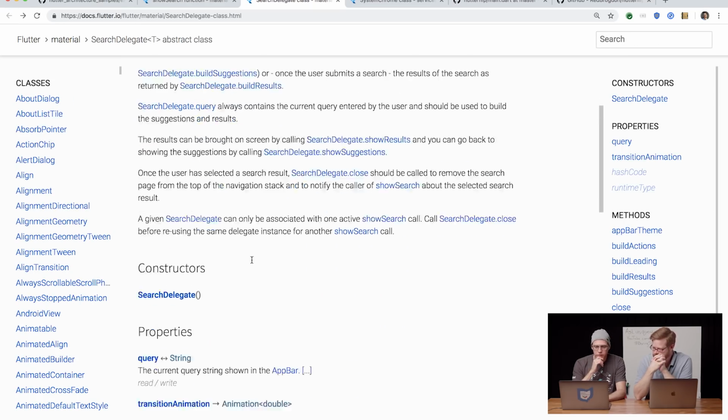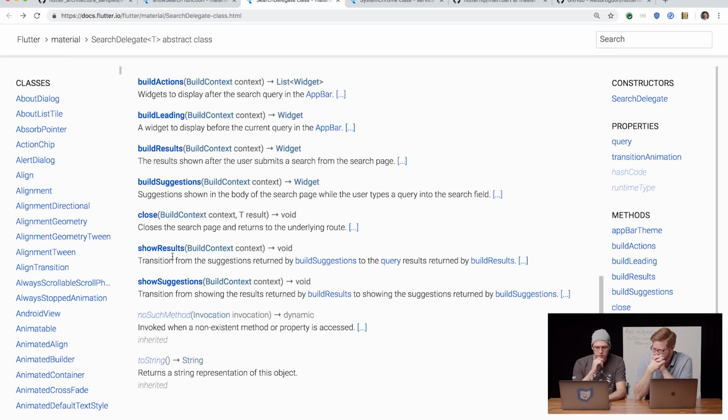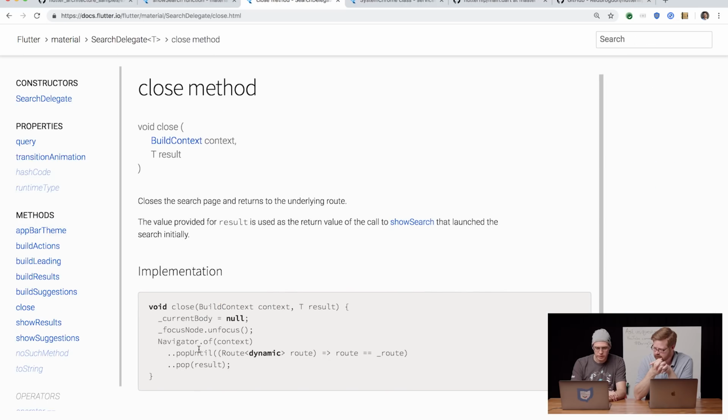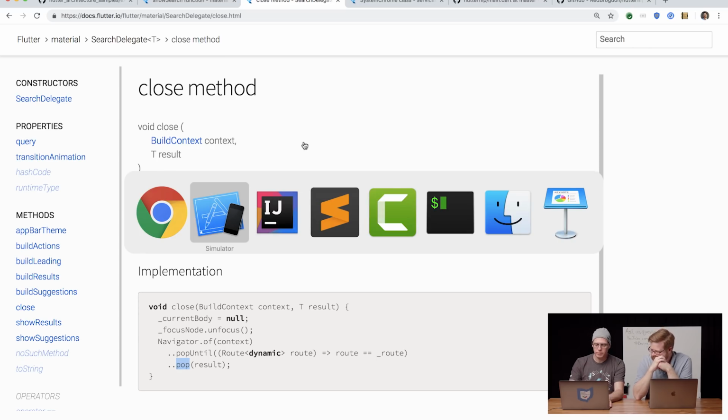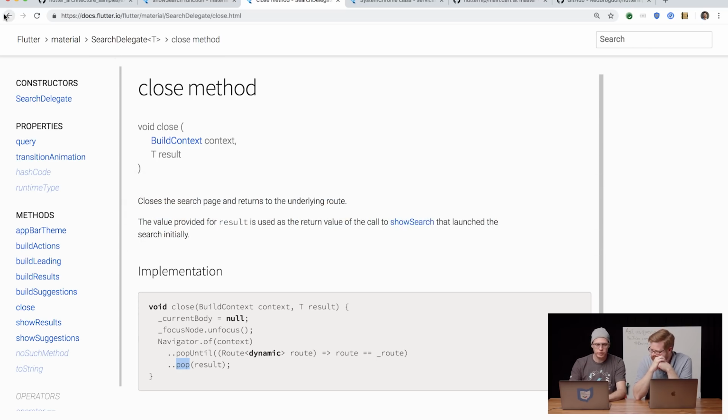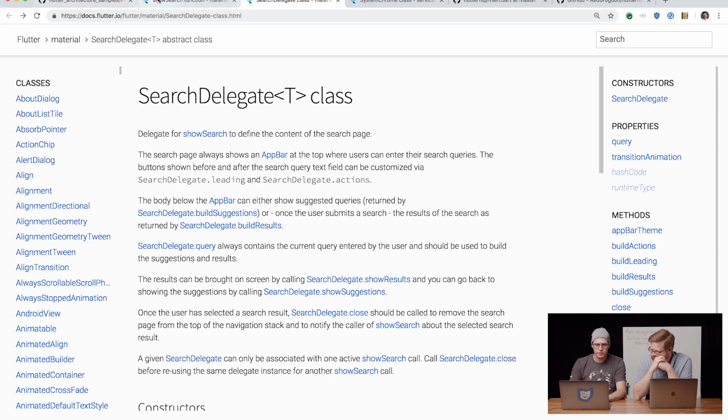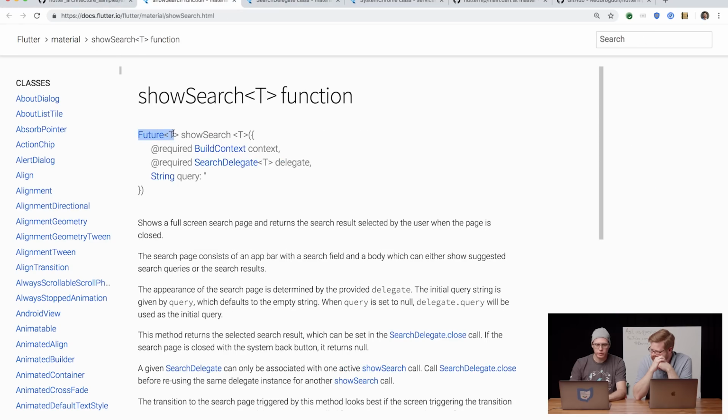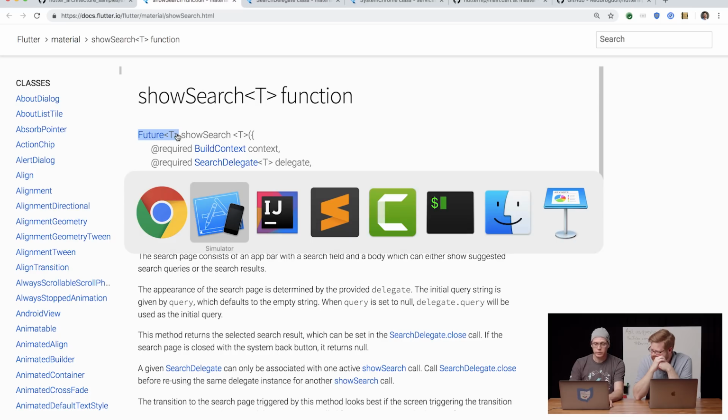Now, what does it say about returning results? So that's what close does, right? So close returns a result. And if we look at the implementation, that's popping the result. So it's using the navigator and it's popping with the result, which is then caught by show search, right? Yeah, so basically that means that show search is returning a future of type article, which means if we go